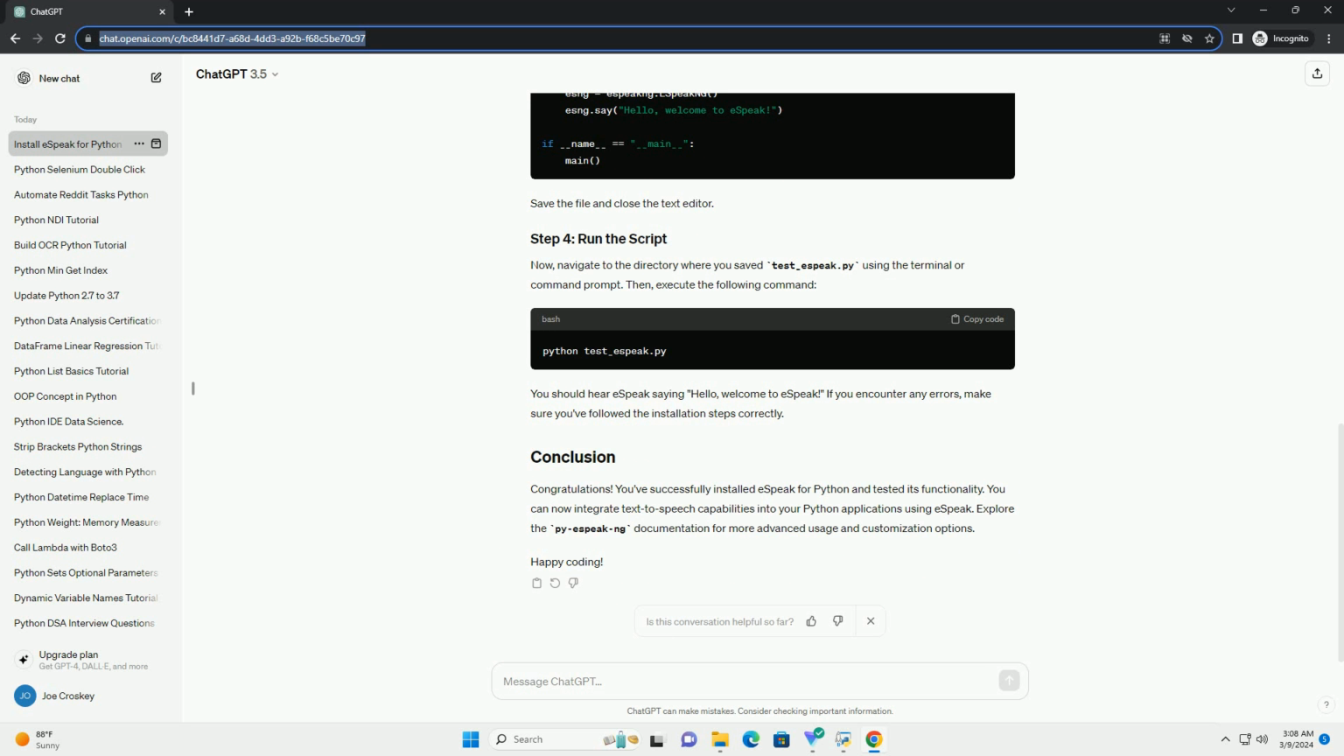Run the following command to install the py-espeak-ng library using pip. This command will download and install the necessary files for the py-espeak Python wrapper. To verify that py-espeak is installed correctly, you can run a simple Python script. Create a new Python script file named